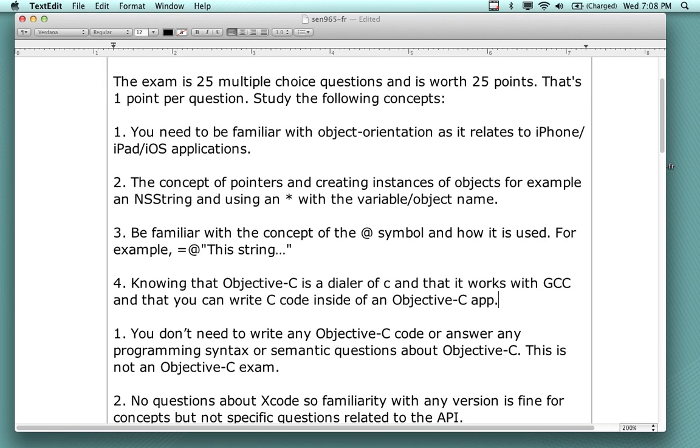Let's see. I don't want to read you the questions, that's why I'm trying to get the concepts here. Messages, objects,